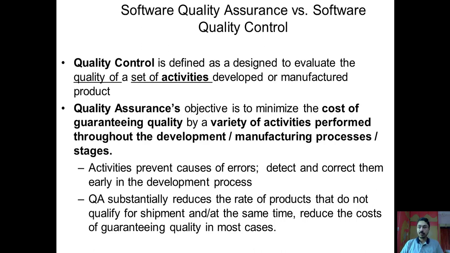Now what is quality control? Quality control is designed to evaluate the quality of a developed or manufactured product. So whatever the end product is, we will test it, and accordingly we will decide whether it is actually good or bad. Now we will continue with the example of our academics. In the academics we have seen quality assurance is nothing but the set of rules and decisions given by the MSBT in order to assure that if you go through all the process properly, you will be a good engineer afterwards.